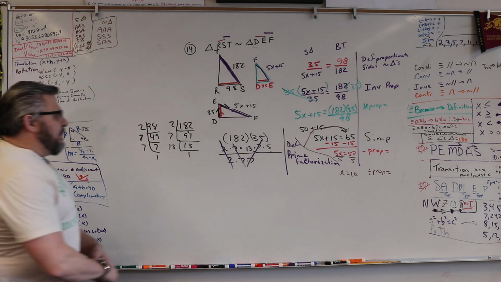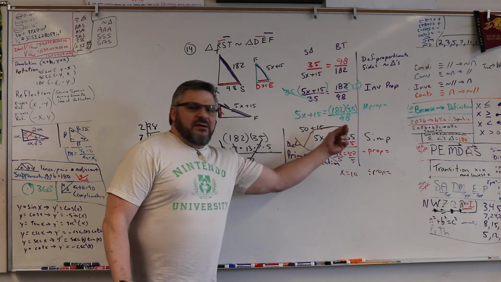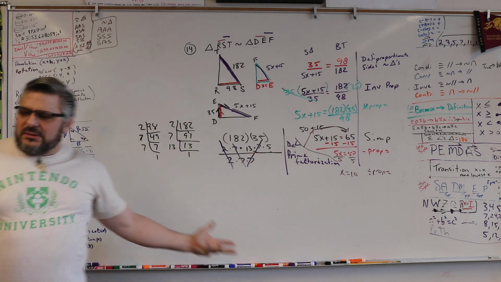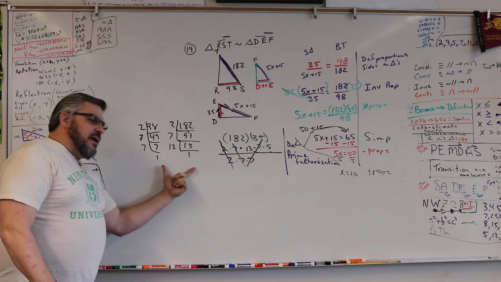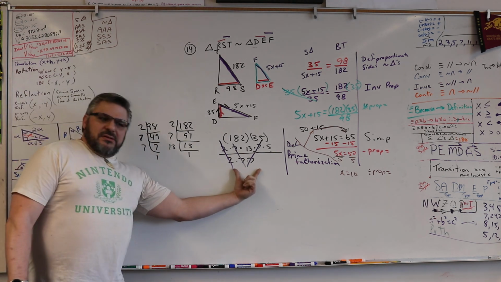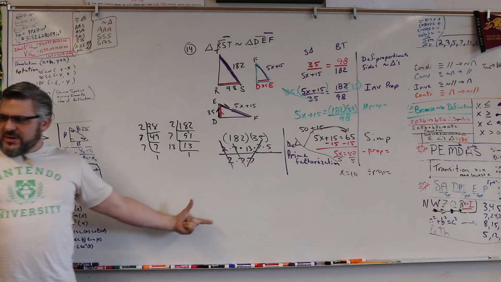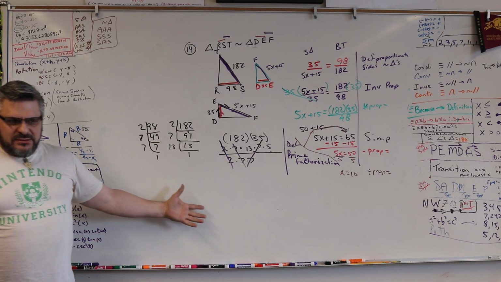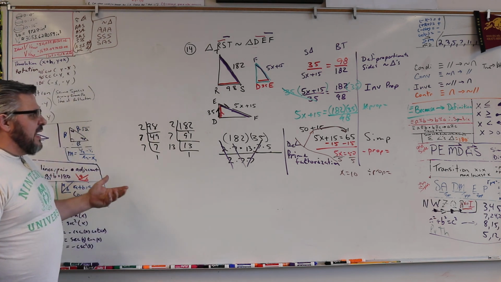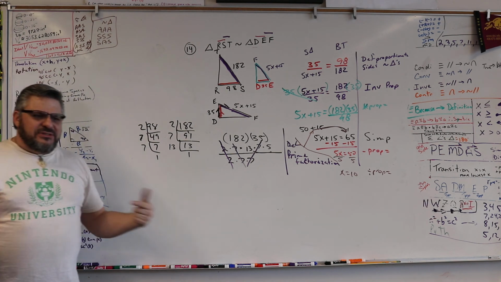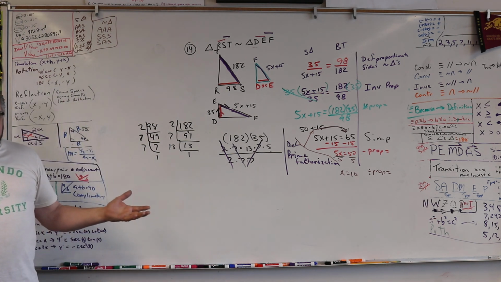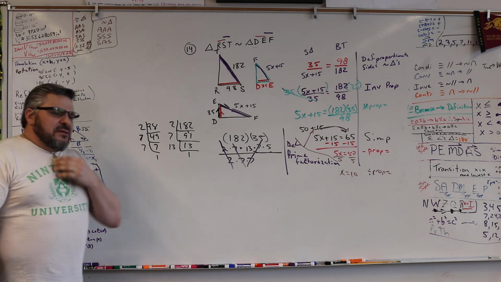So, like I said, some people are just going to throw this in a calculator and figure it out and go, oh, 65. But some people are going to take the time to do it this way. It's a lot easier. I mean, I could have multiplied 182 by 35 and then divided it by long division with 98. But to me, it's a lot of